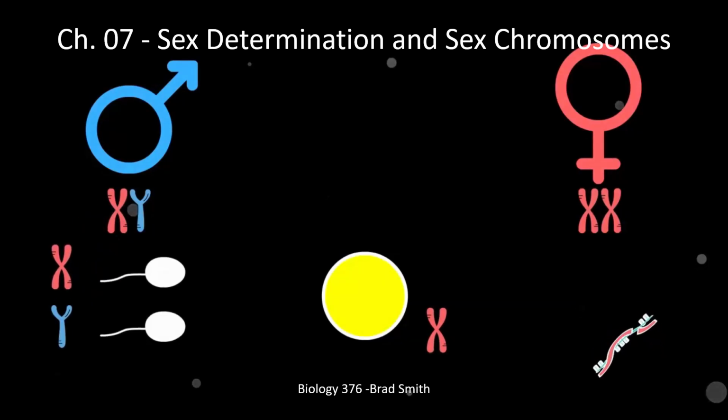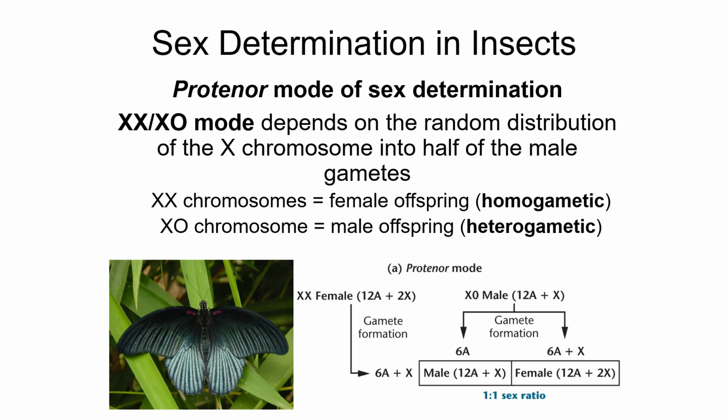So the two modes of sex determination that were early described by Wilson were modes of sexual differentiation identified in insects. So the two modes were named after the model organisms that they were first detected in. So Protiner, after a butterfly species. And in the Protiner mode of sex determination, what we find is that you have an XX and an XO,